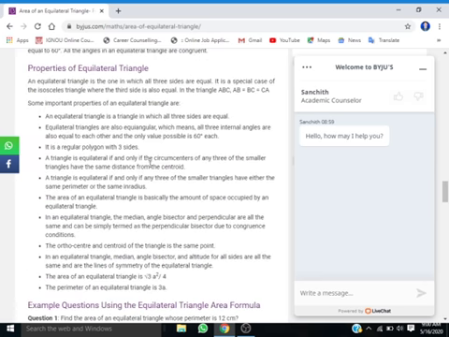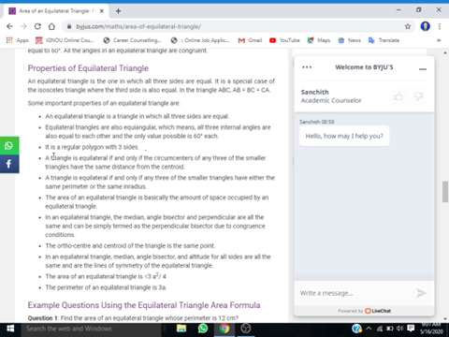It is important that sometimes in your examination it is asked to draw the equilateral triangle and write the properties of the equilateral triangle. You can observe here, this is important and this is your part. An equilateral triangle is a triangle in which all 3 sides are equal. Equilateral triangles are also equiangular. That means all angles must be equal, that is 60 degrees. How does it become 60 degrees? Simply apply the basic concept: sum of angles of a triangle equals 180, and any angle can be considered as x. As we proceed here, you can find x equals 60 degrees after calculation.